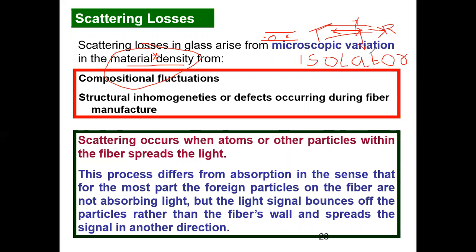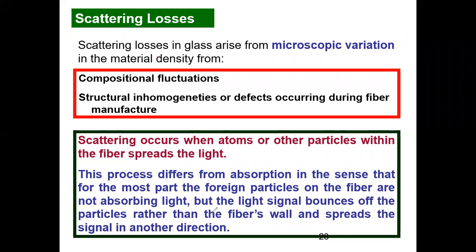So if the isolator is not installed, what will happen? Suppose my P is some power, at the highest power I am transmitting. Now due to this backward flow of power, what happens? My Pin will increase, and that is not a desirable situation. We will study all those things in detail.